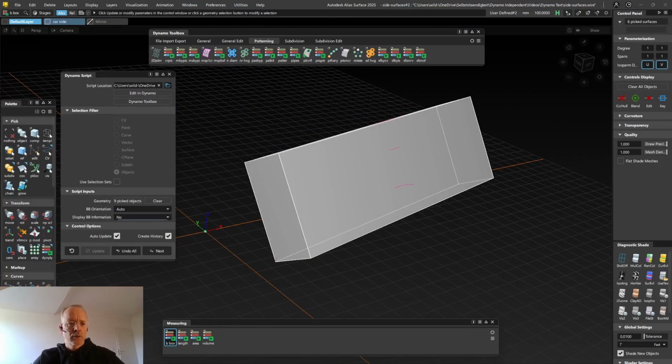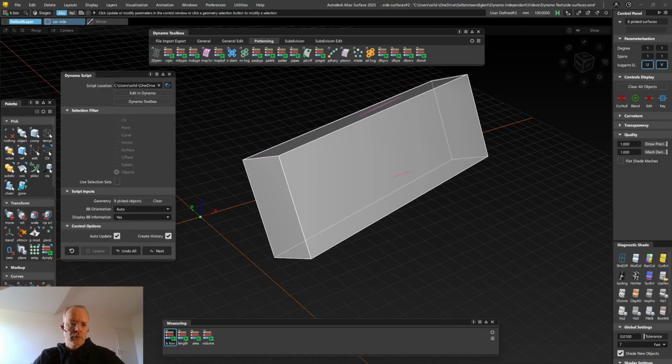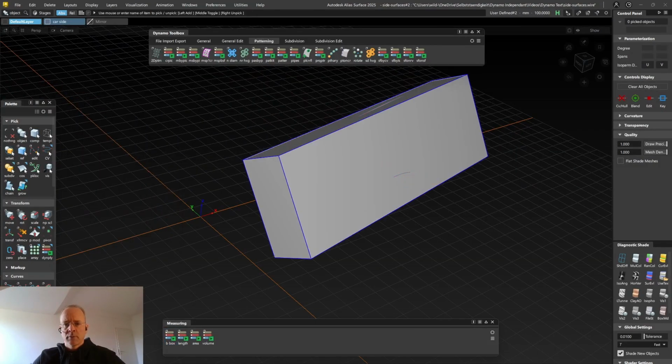And here you can also display the bounding box information using the send message to alias approach on the Dynamo side. And this straightforward, easier approach gives you all the information you might want to have, the height, width, length, and volume of the bounding box. But this approach comes with two problems. First of all, you gotta hit OK. And even though you can see auto update is on,